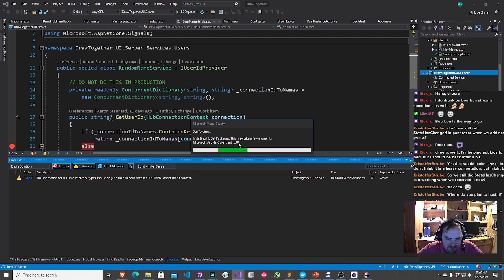All right, so once this is done getting scaffolded, we'll figure out how to integrate it. We'll make it so people can sign in, and that way we can try to actually get identity somewhat sort of in place throughout our application here. Let's see if we can get that up and running. This will not be as much fun as drawing things on screen with Blazor. But in order to actually get this application up on the internet, which is where we eventually want to deploy it, we have to do this.